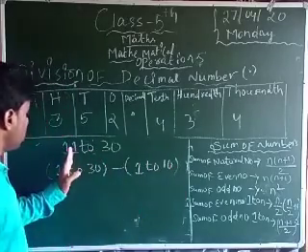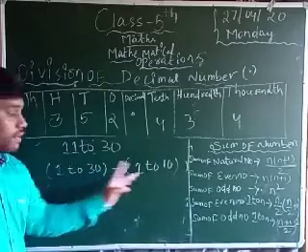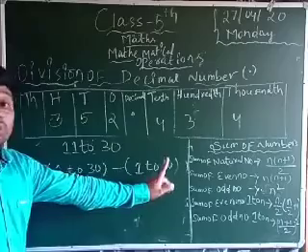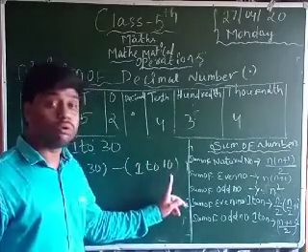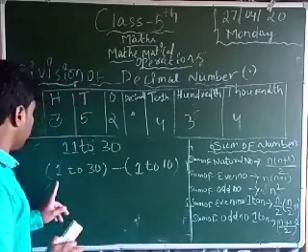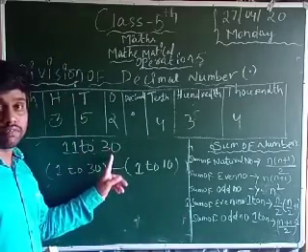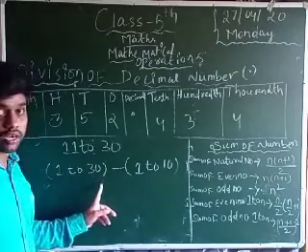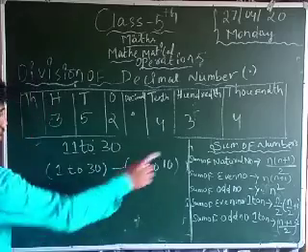For the first number, you take one less. For example, if 12 is the first number, you take 1 to 11 only. If 13 is present, you take 1 to 12 only. Here we take up to 30, and if any number is present, for example 40, you take 1 to 40, but the earlier one is subtracted. And this formula I already said.